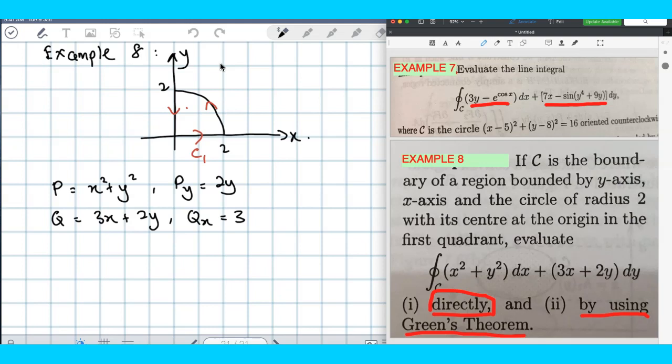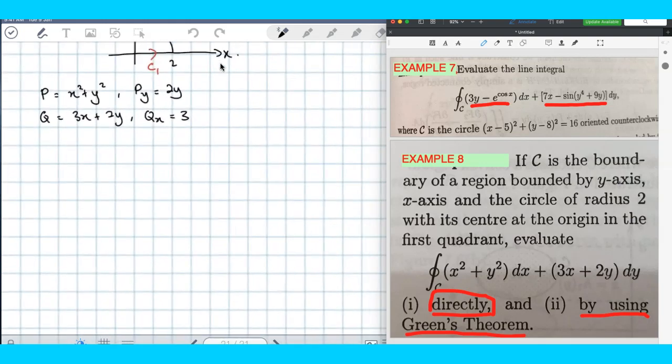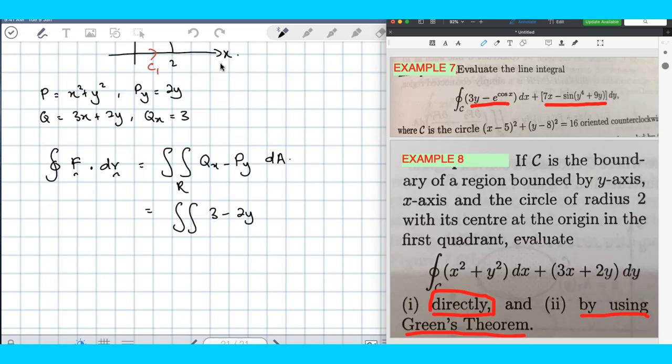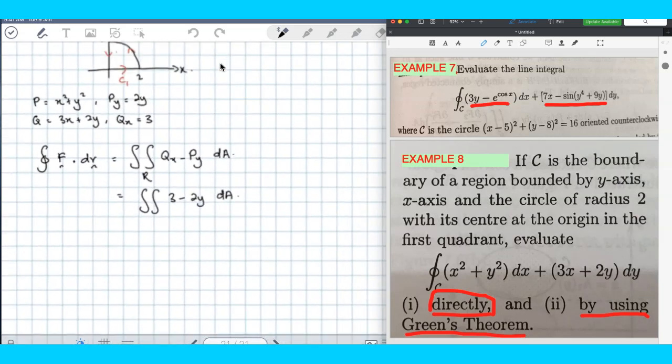So now we want to solve the line integral of F dot dr using Green's theorem. So it is the double integral of Q_x minus P_y dA over the region. Now we substitute Q_x: 3 minus 2y dA, and we have part of a circle, so it looks like we can solve that using